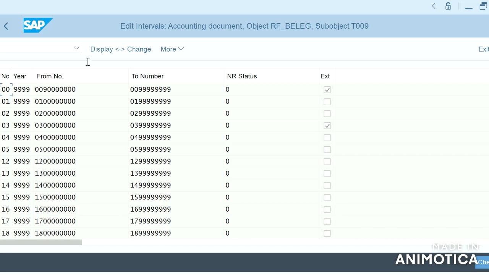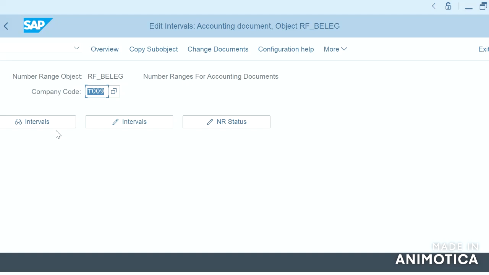If you have observed, we gave the company code when we entered the number interval screen. So it means the number ranges are dependent on company code.